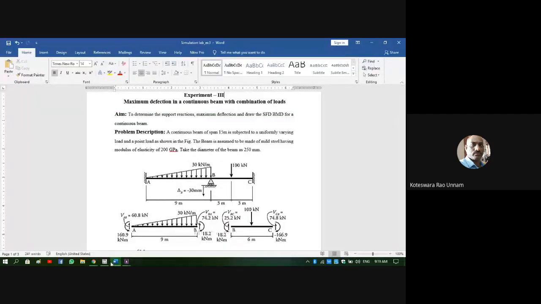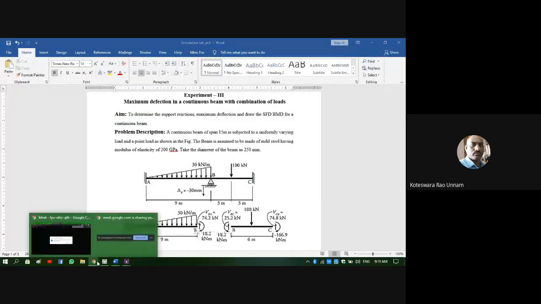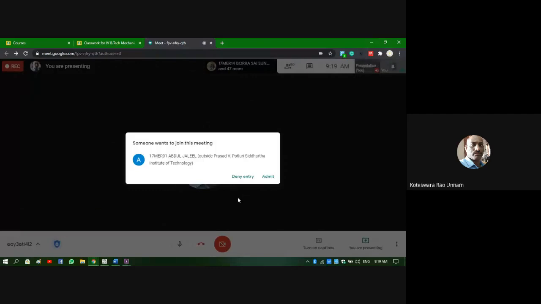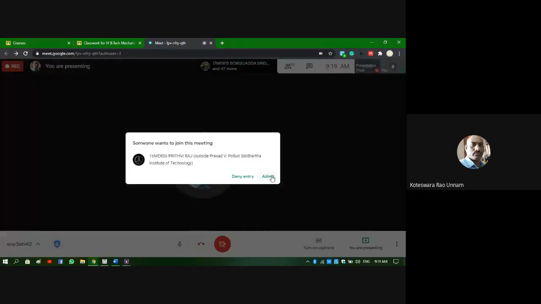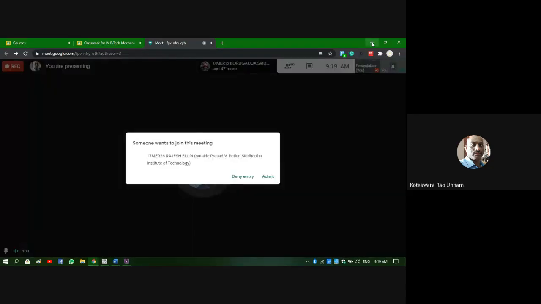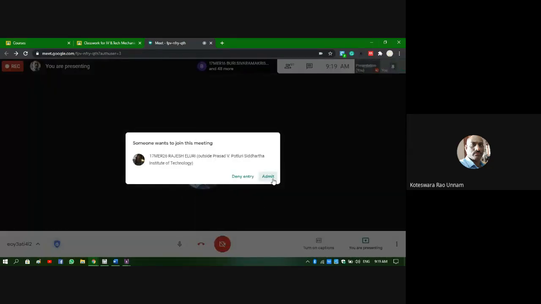If you want to solve this problem using software, the procedure is the same. What we did in the case of that overhang beam, we need to do the same thing here also.